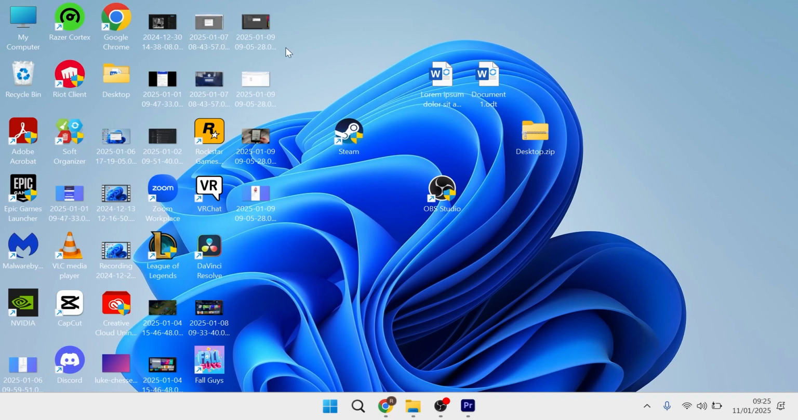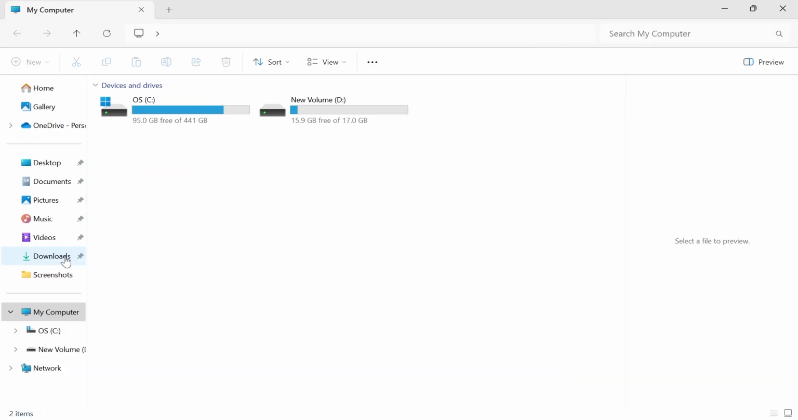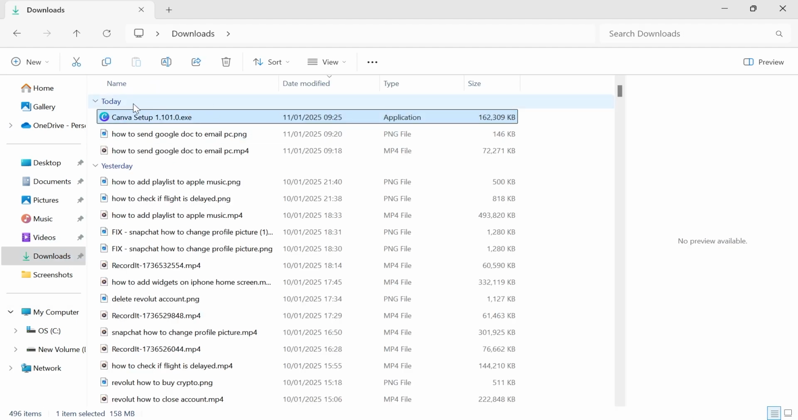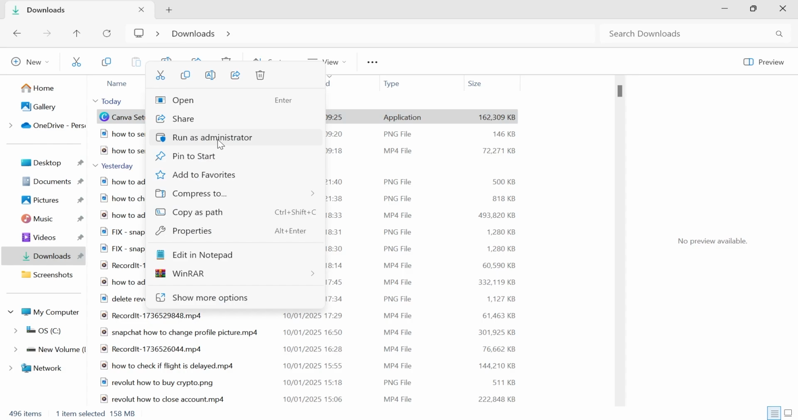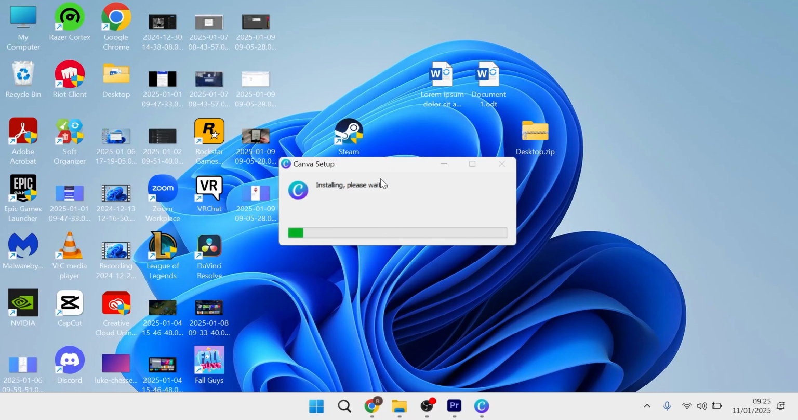So once the file's downloaded, we need to head over to the downloads folder on your computer. So I'm just going to select downloads from the left hand side, and once you've found this Canva setup file, we're going to right click on it and then select run as administrator. Then you'll just need to wait a couple of seconds while that goes and installs onto your device,